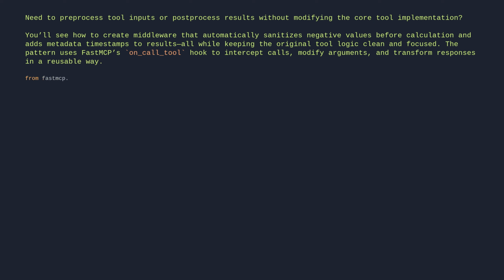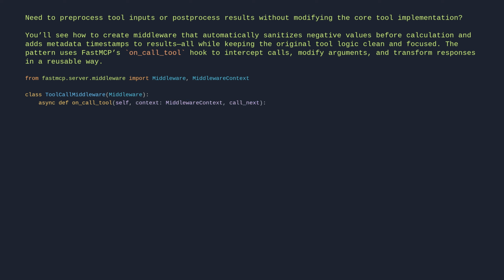From fastmcp.server.middleware import Middleware, MiddlewareContext. Class ToolCallMiddleware(Middleware): async def on_call_tool(self, context: MiddlewareContext, call_next): # Modify arguments before execution. If context.message.name == "calculate": # Ensure positive inputs. If context.message.arguments.get("value") < 0: context.message.arguments["value"] = abs(context.message.arguments["value"])